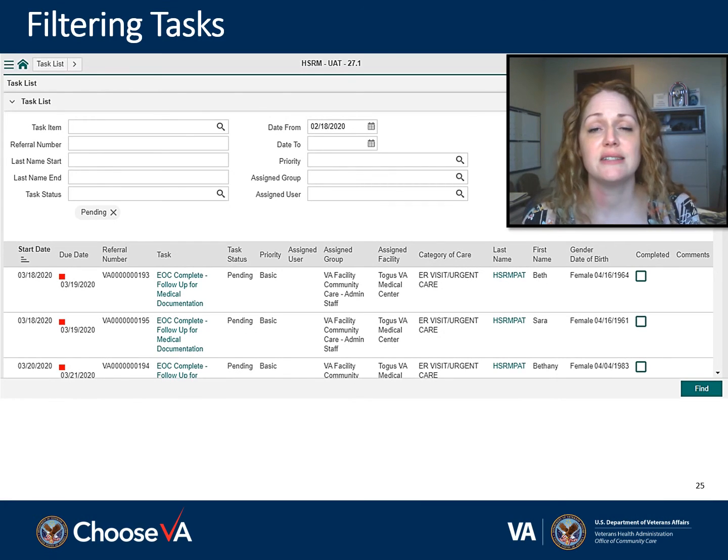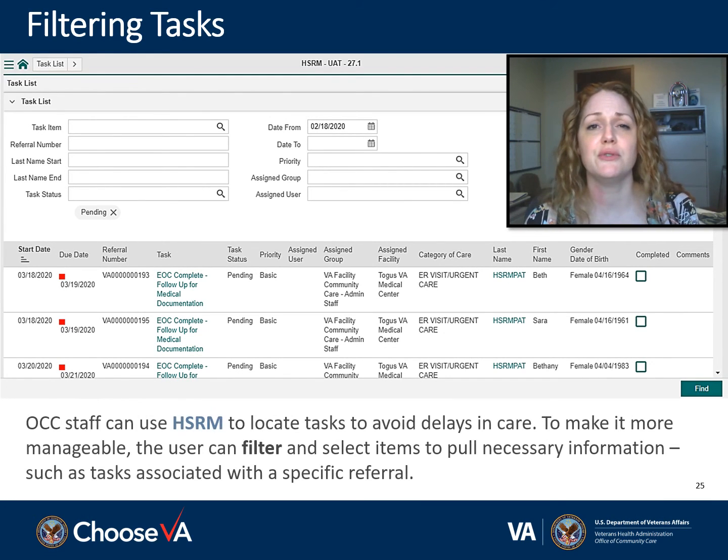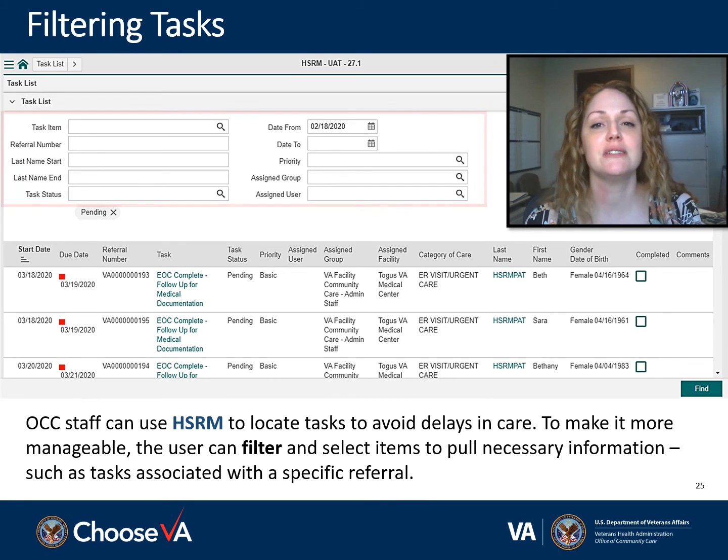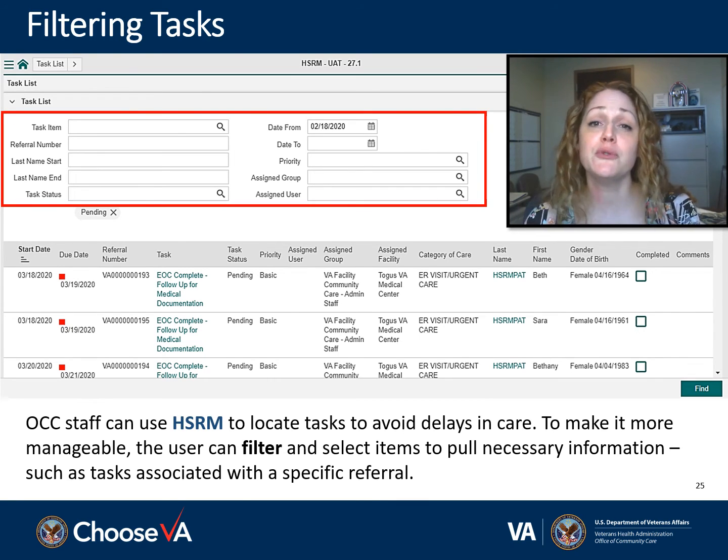Now, when we're looking at the task list, we do have the ability to filter it to make life a little bit easier for us. If you look at the top of the screen, you'll see that there are multiple categories to filter by. You can choose referral numbers, you can choose a sort of task you want to look for, you can even search by username. So what you would do is you would select the box and then enter the type of factor that you want to filter by, and then on the bottom right-hand side of the screen, you would then